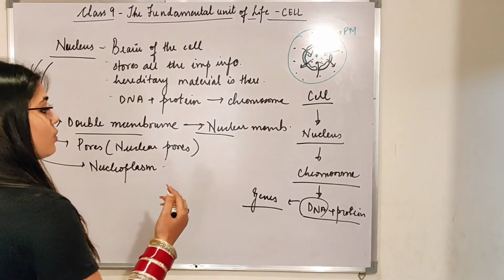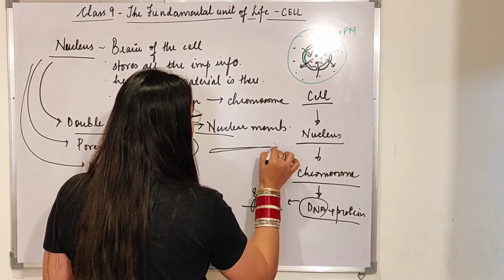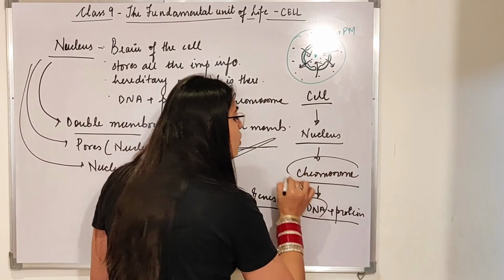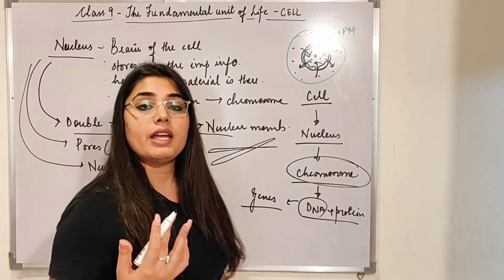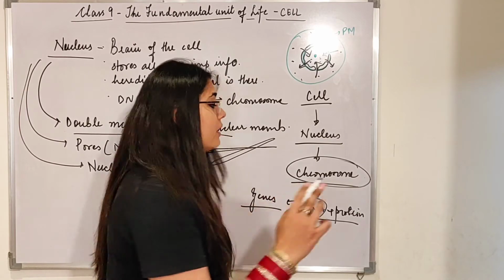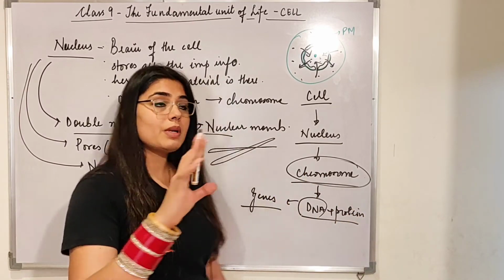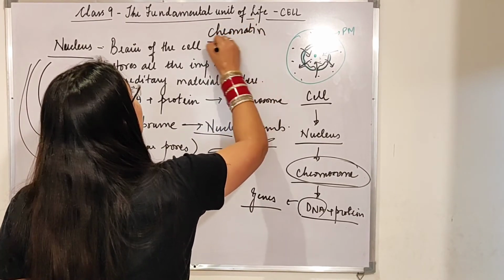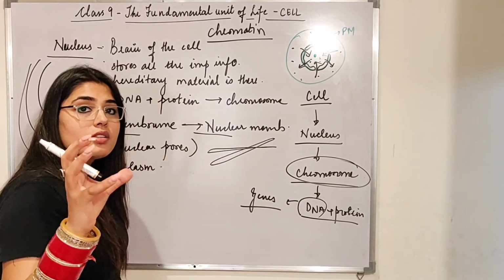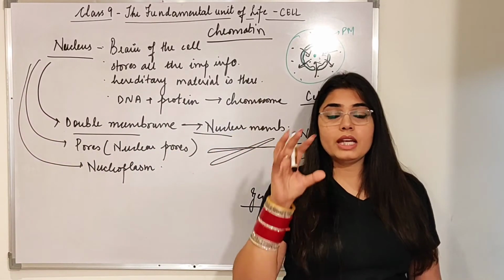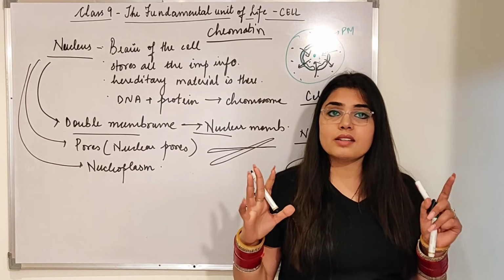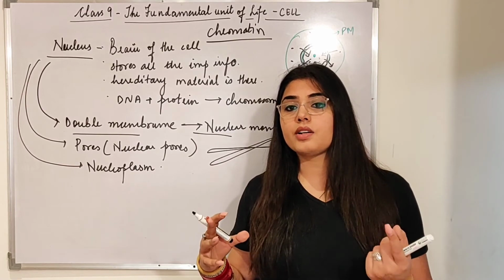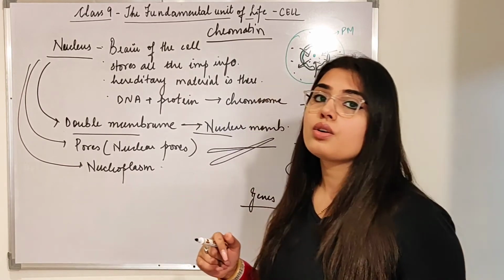But in some cases chromosomes are rod-like structures. These rod-like structures are seen inside the cell, but this is seen only when the cell is about to divide. Only when cell division takes place is the chromosome visible. When the cell is not dividing, beta, chromatin is visible. What is chromatin? Chromatin is an entangled mass of thread which you see inside the cell when the cell is not dividing. But as soon as the cell starts dividing, beta, this chromatin is converted to rod-shaped structures called chromosomes.